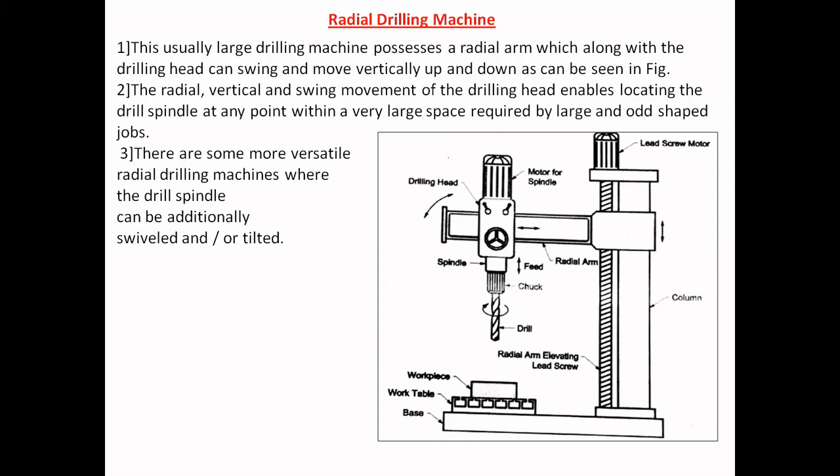Spot facing is the process of enlarging the existing hole to a larger diameter and making the surface at the bottom of the larger diameter flat such that the depth of the enlarged hole is sufficient to provide a seat for a washer. Countersinking is the process of chamfering the entrance of the drill hole. Tapping is the process of making internal threads in a drill hole. And trepanning is the process of making a large hole by removing the metal along the circumference of the hole with the help of a multi-point hollow tool.